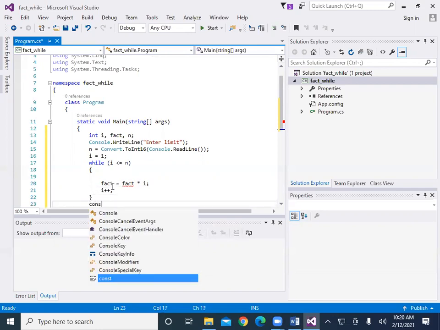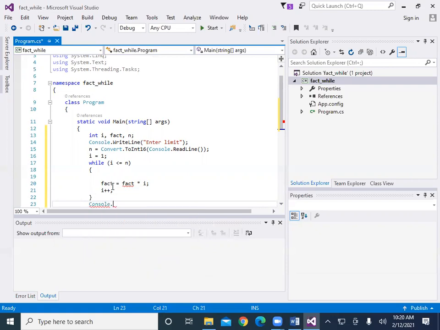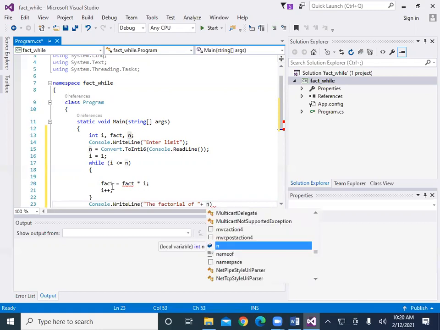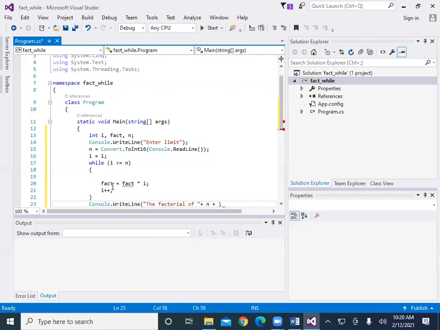So here I write Console.WriteLine, "the factorial of", here we pass the value of n, then again we write "is", again we give a plus sign, and here we pass the value, that is fact.